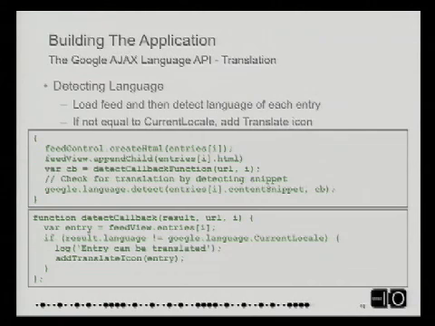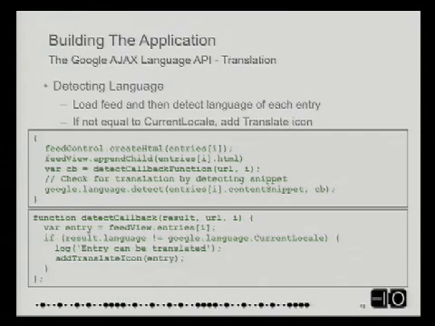So now when we go back to that entries loop, and we did the feed control create HTML, and we do the append child, which is slamming that into the DOM, right? We can actually see that getting painted out there. I simply do a call out to Google Language Detect, entries, i's content snippet. Again, the more data you can provide to detection, the better. So I only send out the snippet for detection, and then I give it a callback and say, call me back. The callback is kind of hand put together because I want some other things bound into that. I don't want just the result. I want the URL and I want the index into which entry I'm talking about so I can find it.